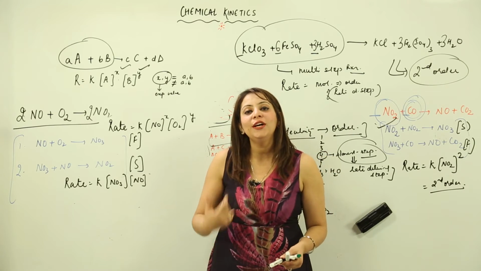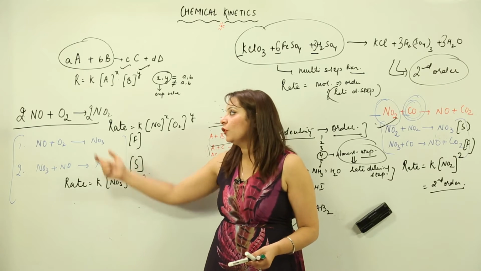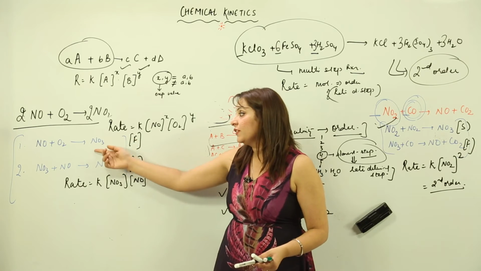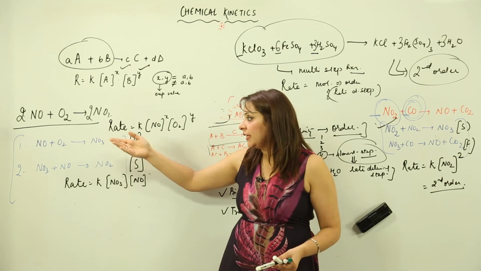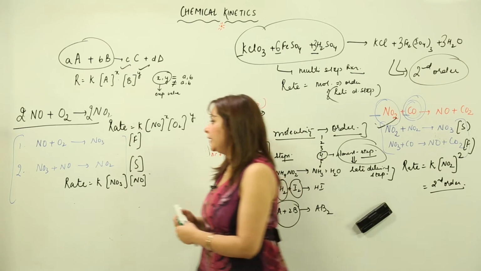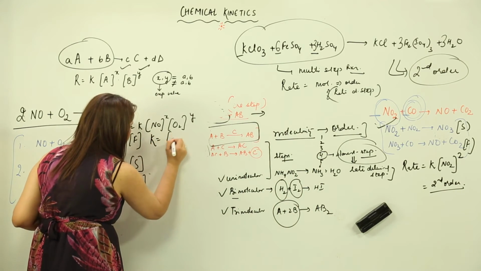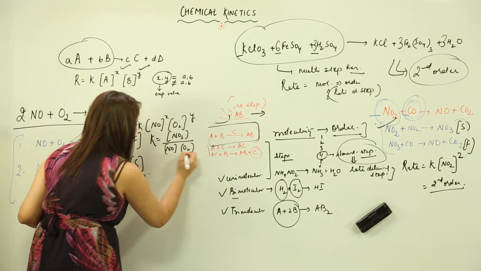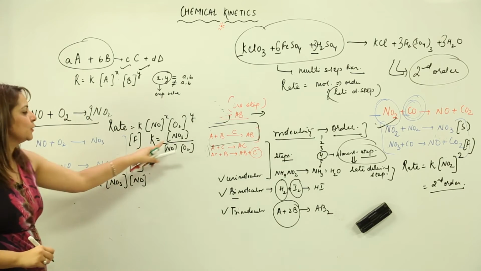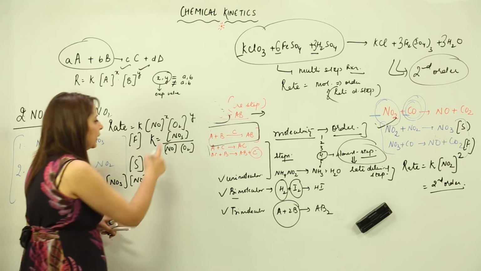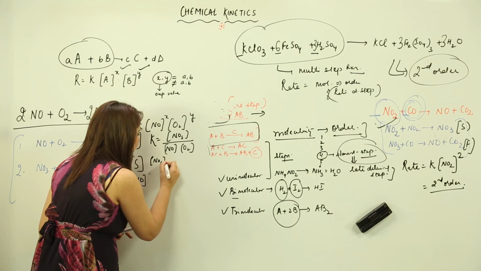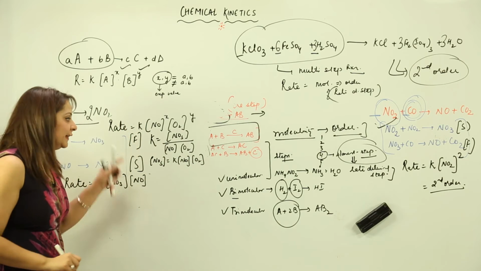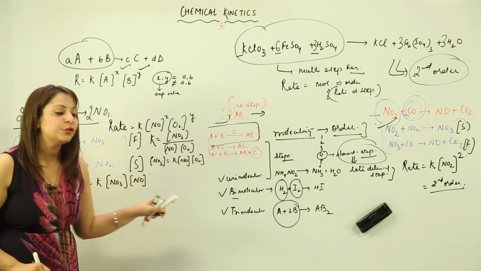What we are going to do is write the concentration of NO3 in terms of NO and O2. And obviously we get this NO3 in the first reaction, so I will be taking the concentration of NO3 from the first reaction. See how: I will be writing the equilibrium constant expression, which is the concentration of product divided by the concentration of reactant. As product is this and reactant is this, that is why I wrote in this manner. Now the concentration of NO3 is equal to K, concentration of NO into concentration of O2. Now we are in a position to substitute this value of NO3 in the equation.